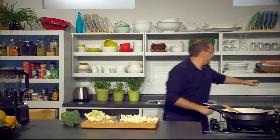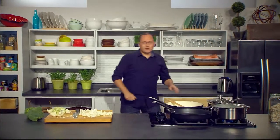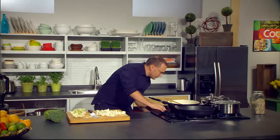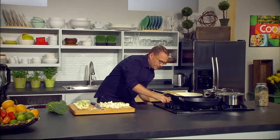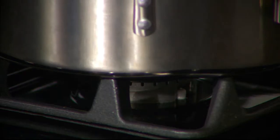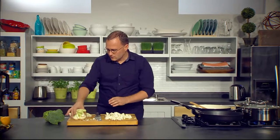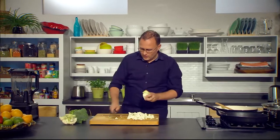I'll just put the jug on just for a few seconds, just to get it back up to boiling temperature again, and turn on the pot. So in a few seconds, when we want to put on the broccoli and the cauliflower, we've got a boiling hot pan ready to go. We're also going to chop up some broccoli,